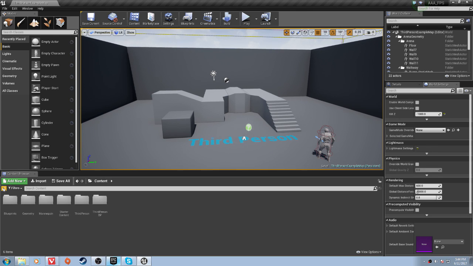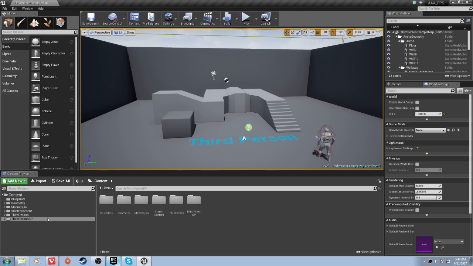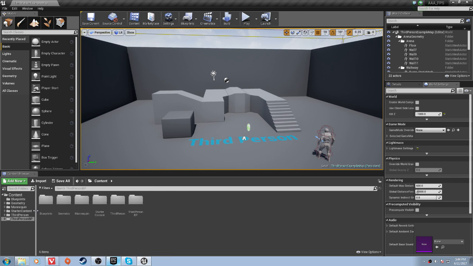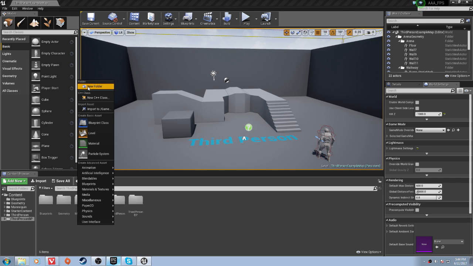I'm going to expand the sources panel because I do like having the sources panel. I'm going to minimize it a little bit, but I do like having the sources panel here. Anyways, so what we want to do on our blueprints, or we don't want to do anything on our blueprints folder yet, but I do want to add another folder called